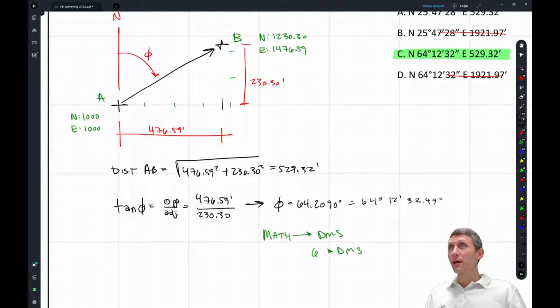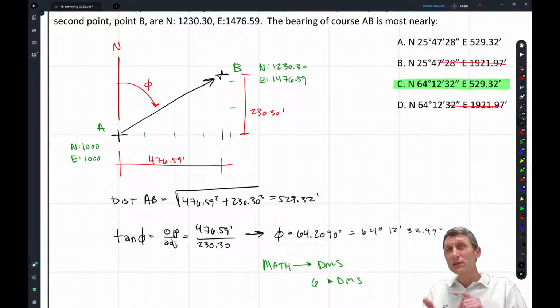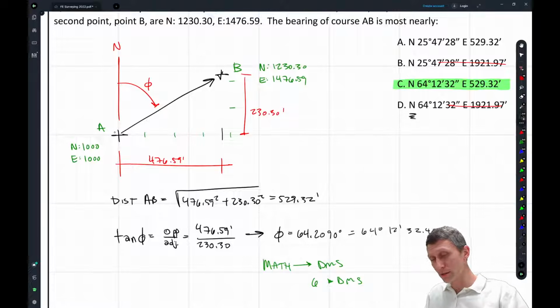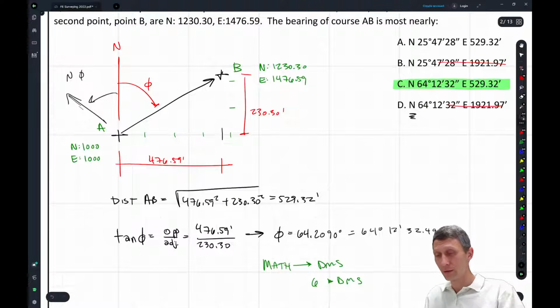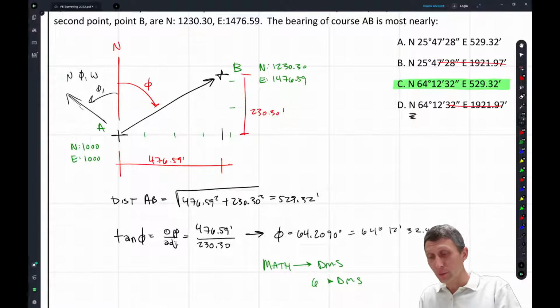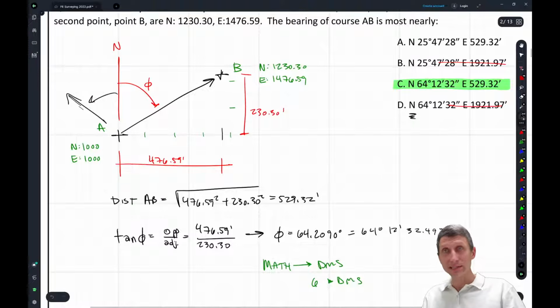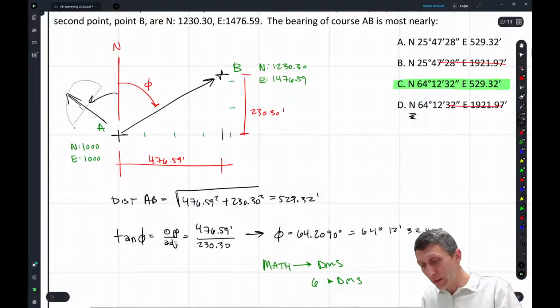So the question is, is it always from the north, or could it be from the south? Yeah, that's a really good question, because this angle is measured either from the north or the south. So the first value is going to be the north or the south, and if this bearing was to the west, for example, it would be north some angle, phi1 or whatever we want to call it, west. So if it was going to the west, we'd have to deal with it that way. If we were starting from the south, we would deal with it from the south as well. So we could have a south bearing,